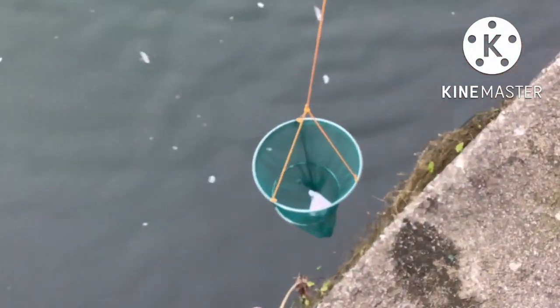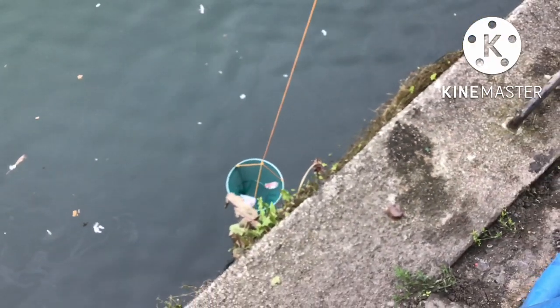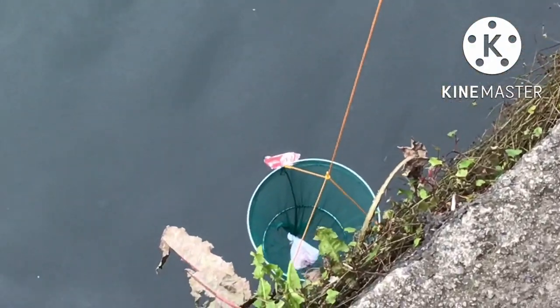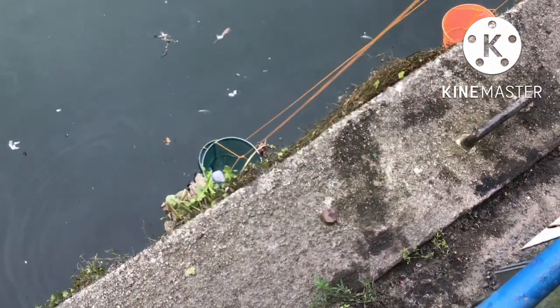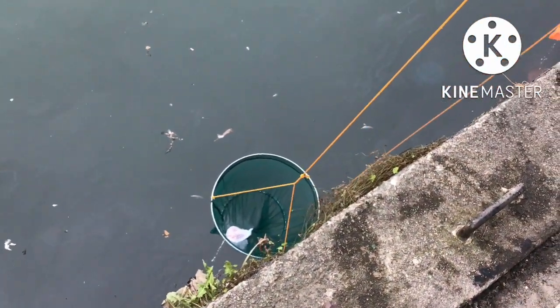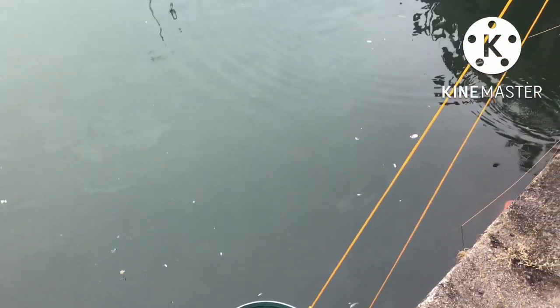This net here is controlled by Alan and Lowen. They're working as a team to see how many crabs they can catch from the water. And who on earth would litter a Kit Kat in there? Crabbing can be a bit tough sometimes, and it can take a while to catch a crab. If you feel a bit of a pinch, pick it up as quick as possible, then you might catch the